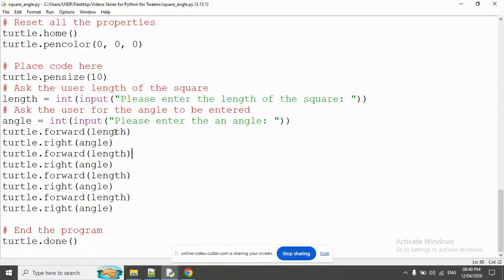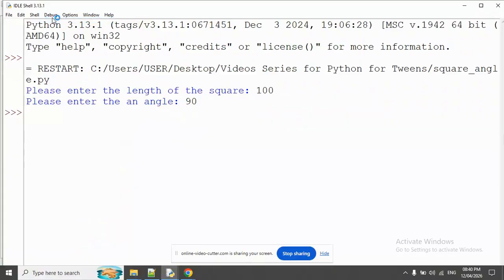And then note two things have changed. We're asking the user in the command line to enter the length of the square, and then we're asking them to enter an angle. So when we run the program,